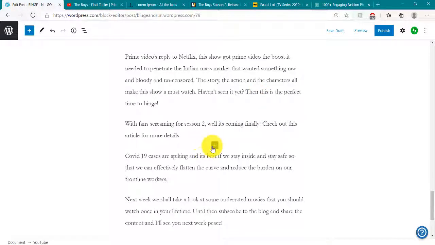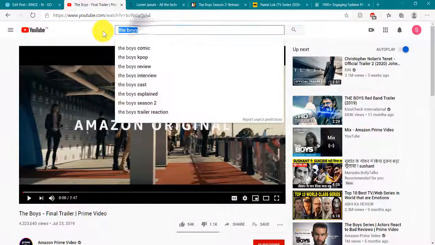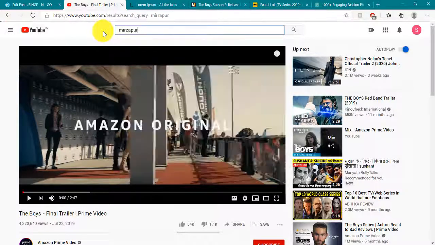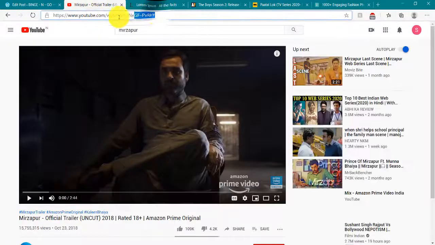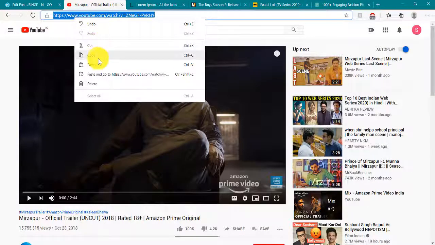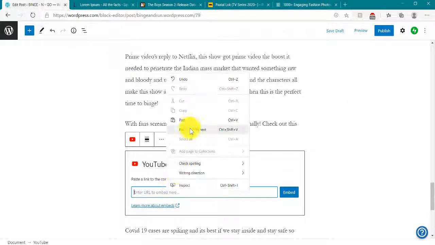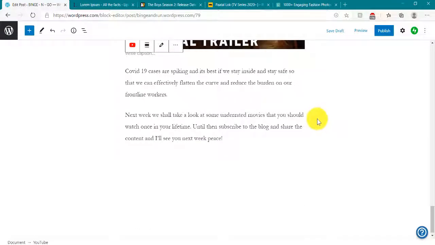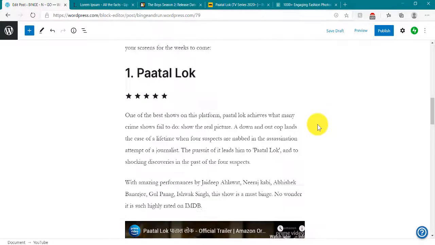Similarly here also, YouTube. Copy and paste here. Okay, so once we are done with that, we have basically created an overall structure for our article.